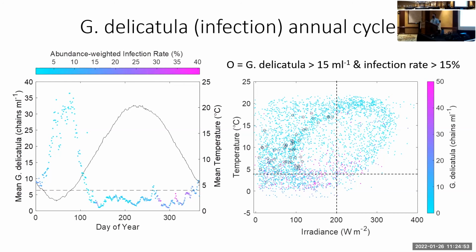I don't. I would almost suspect that the irradiance is just a correlate of the seasonal cycle, and it might have more to do with the parasite's biology. There have also been studies in different host-parasite systems that have shown an impact of irradiance on parasitism. So I thought it would be worth looking at, and sure enough, there's a pattern there. It's hard, when you're doing this kind of observational work, to really pin down, especially when we know so little about the parasite's biology.